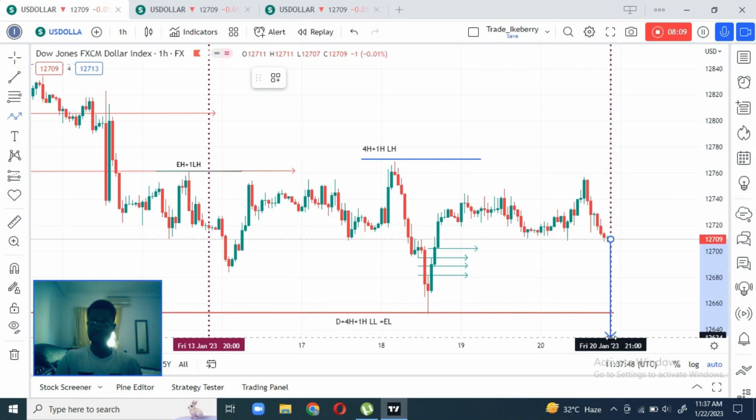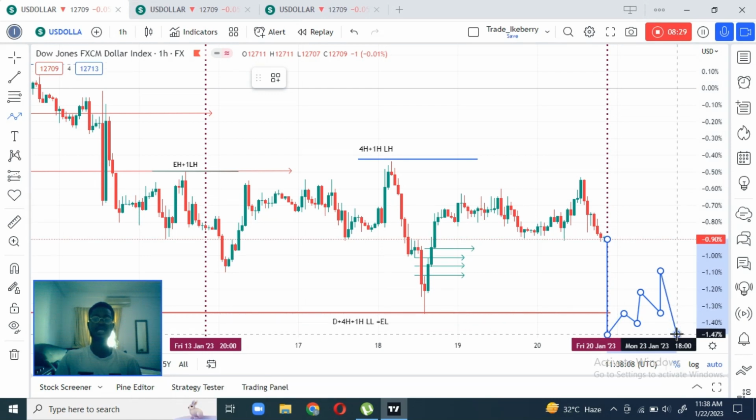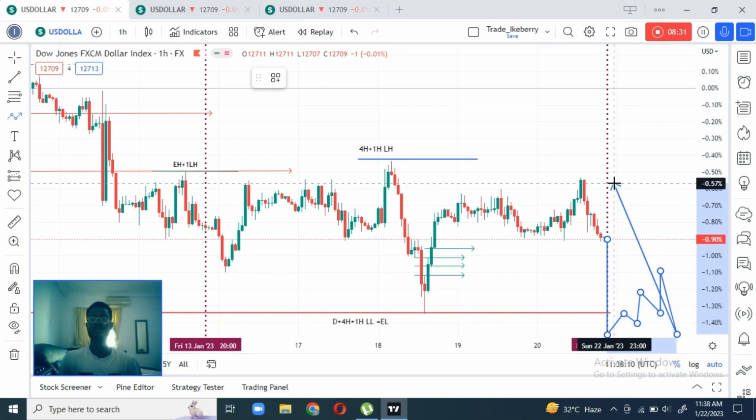to take out this lower low, and then retrace back for a few corrections to build liquidity, and then take the liquidity and then push down. So that is what we are expecting to see from price, from the